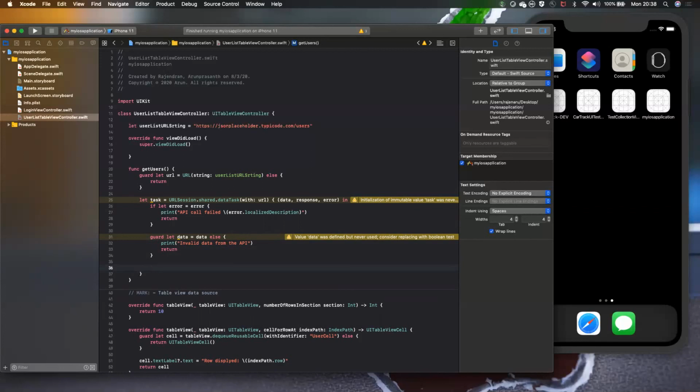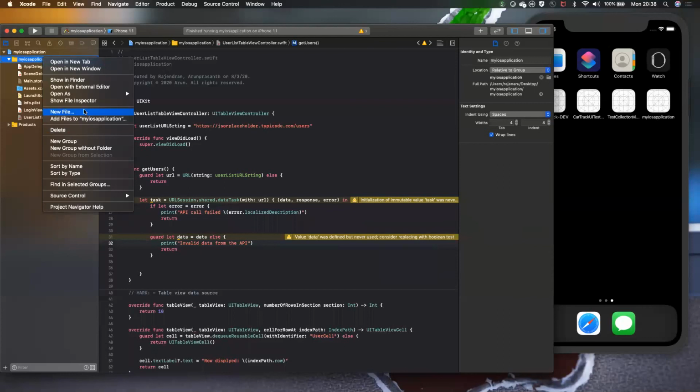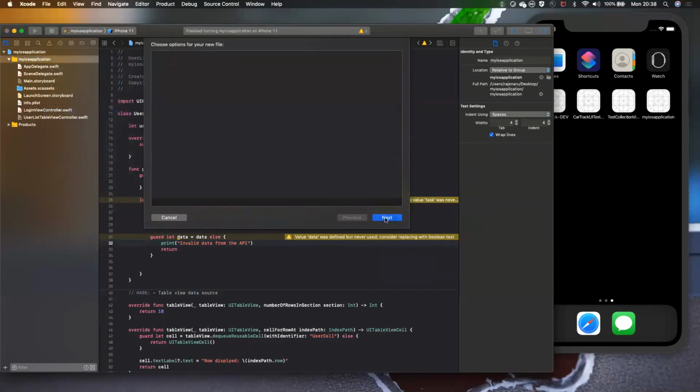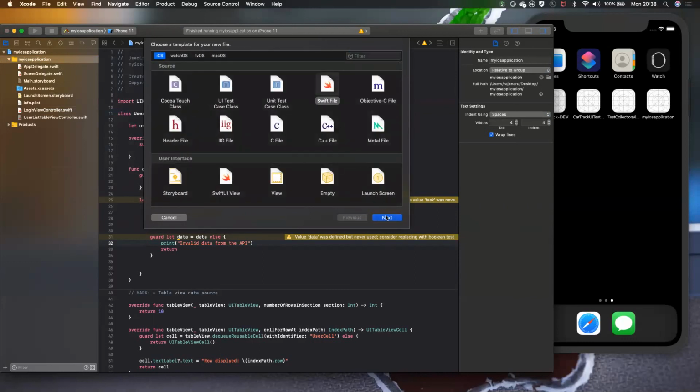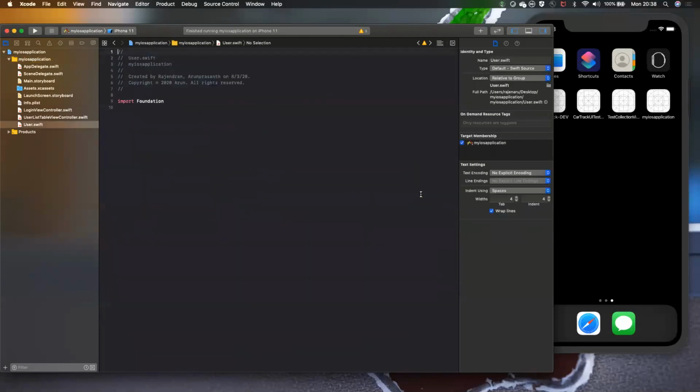Now what we do is we need to convert that data, right? So before that we need a model object. So I will be creating another class. This is a professional topic, so for the basics, I'll just create a model class, and in later sessions I will go into detail. I'll just create a Swift file. I'll be creating a user model. I'm clicking on create new. Yep, the model is ready.